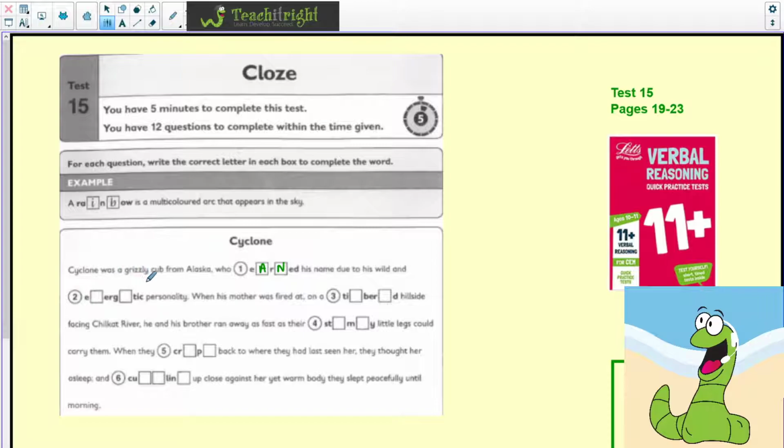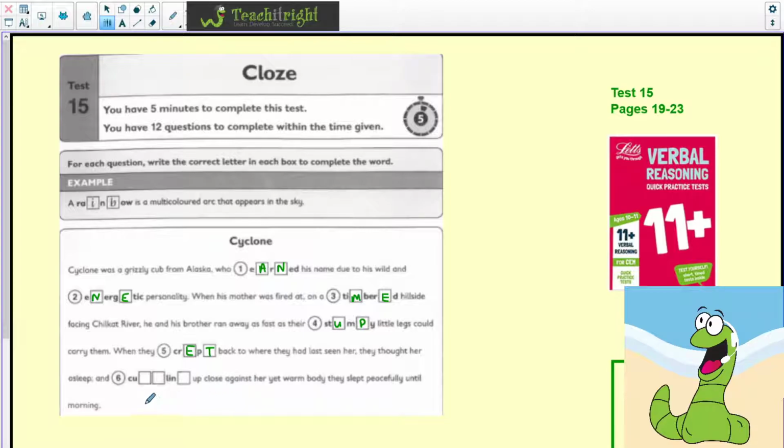So, Cyclone was a grizzly cub from Alaska who earned his name due to his wild and energetic personality. When his mother was fired at on a, now timbered is the word we're looking for here, so timbered hillside facing Chilkat River, he and his brother ran away as fast as their, now this word is stumpy, so their stumpy little legs could carry them. When they, and this word is crept, back to where they had last seen her, they thought her asleep and something up